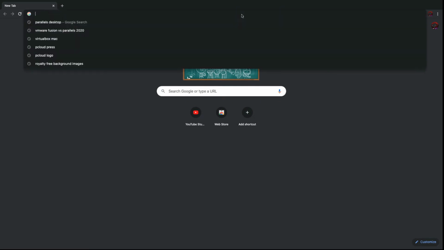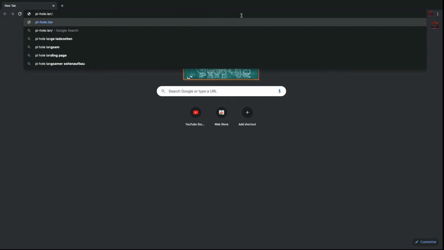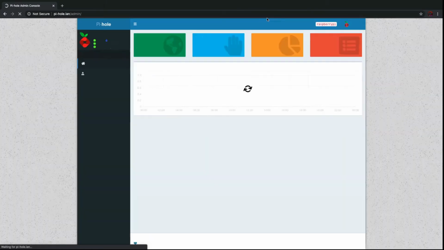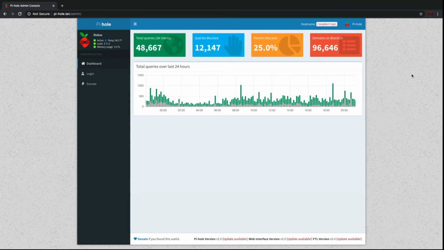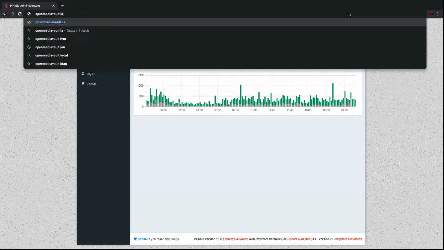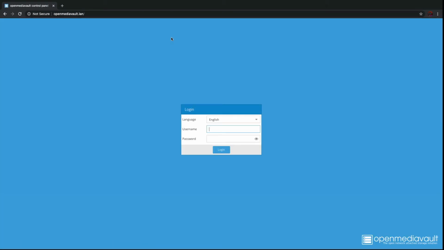So I use Pi-hole, and it actually runs on a Raspberry Pi 3, by the way. So Pi-hole.land, because the new version of Pi-hole actually supports letting you create local DNS records. And of course, Google's going to redirect me because land's not normal. And as you see right here, this is the latest version of Pi-hole. Like I said, the latest version lets you create your own internal DNS records. So here I have my Open Media Vault server as openmediavault.lan. Gonna log in here real quick